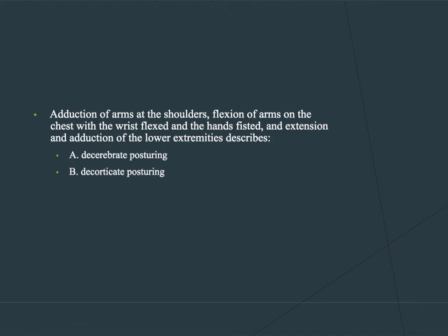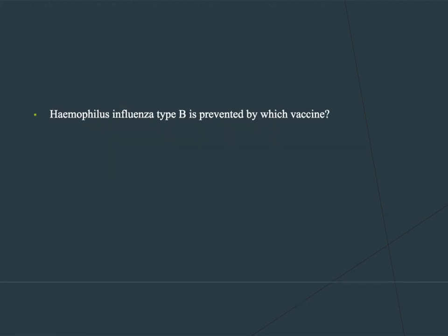And you should be able to answer this one. This should be a review from health assessment as well. So B. The Hib vaccine, HIB, and that